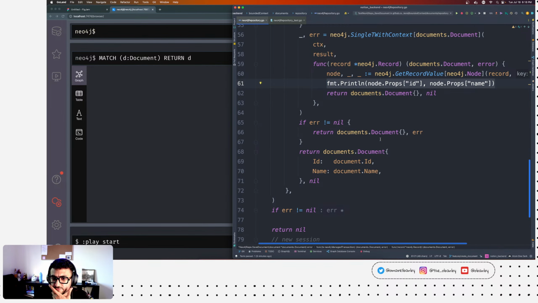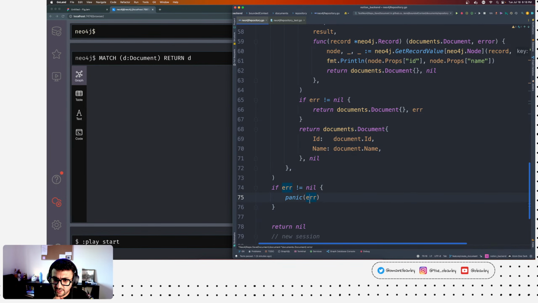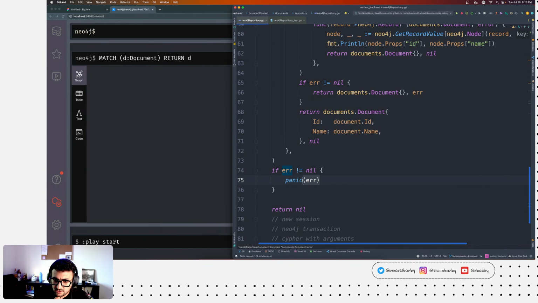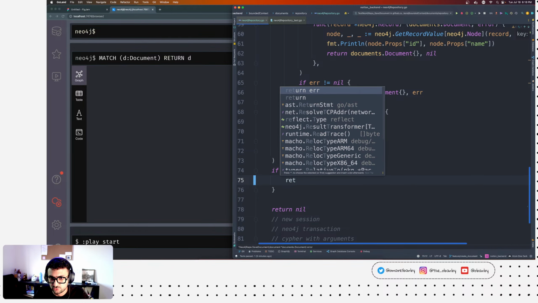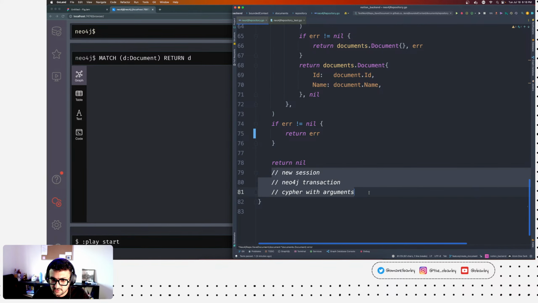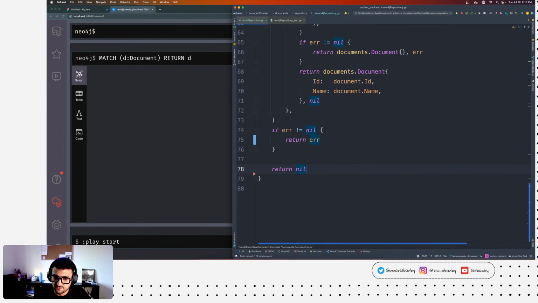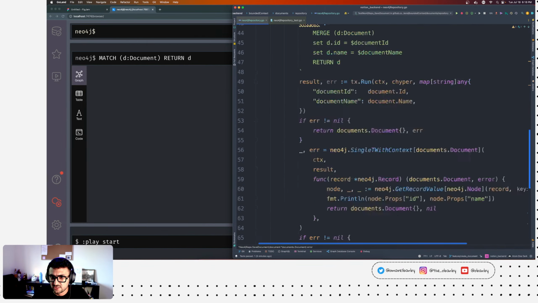Okay, then we check for error. If there is, we return an empty document on the error, and then we return a document and a nil. And again, we check for error. If error is not nil, we're supposed to return the error, and otherwise we return nil. So a Neo4j session, Neo4j transaction, and the cipher with arguments, all of that has been done.